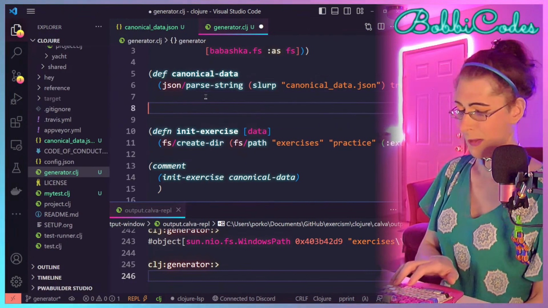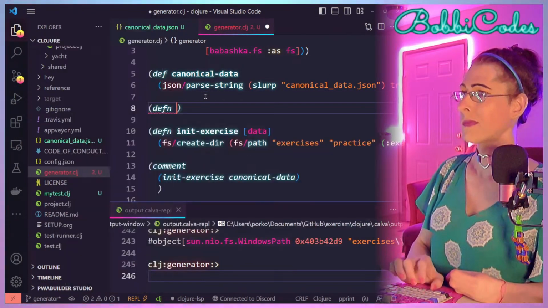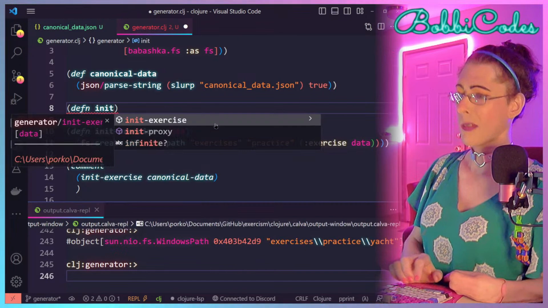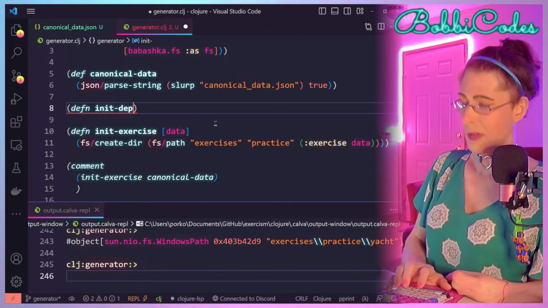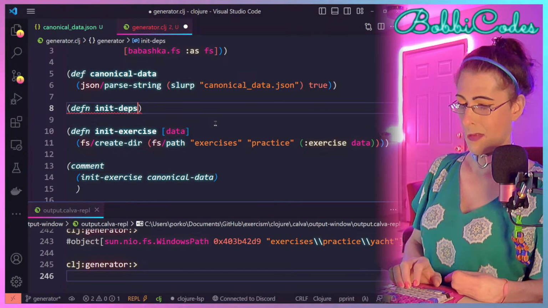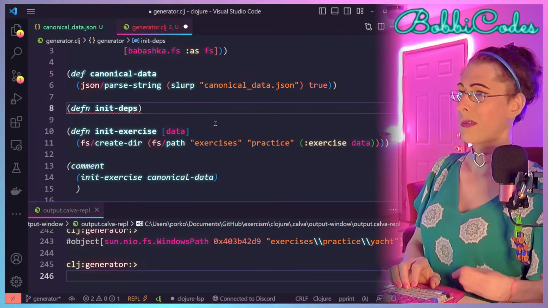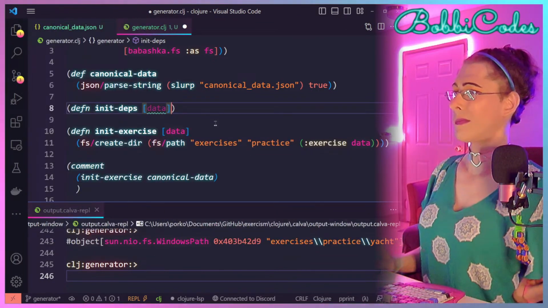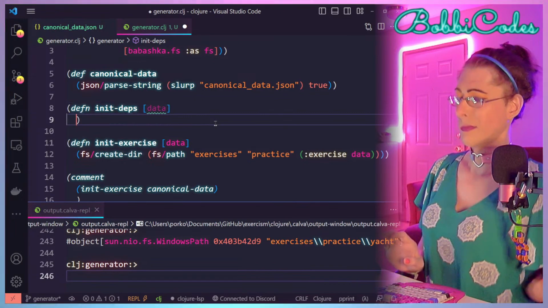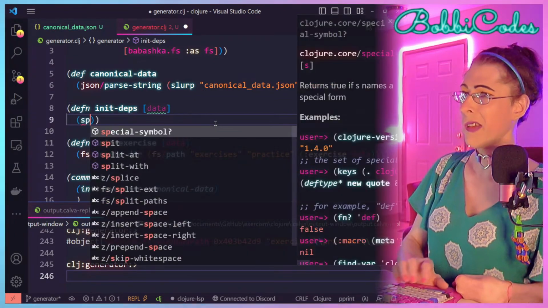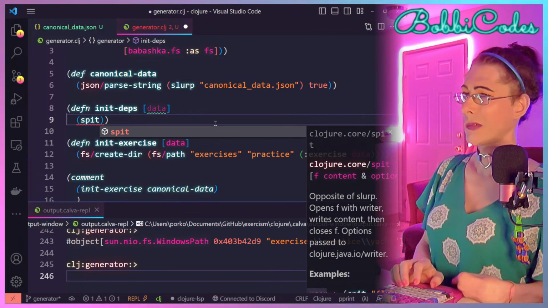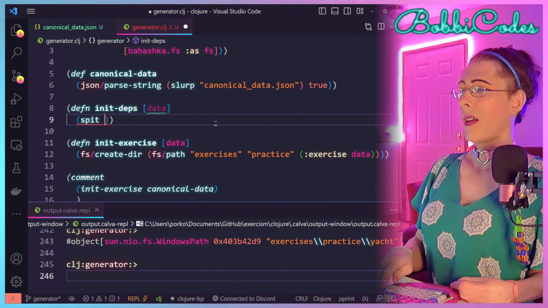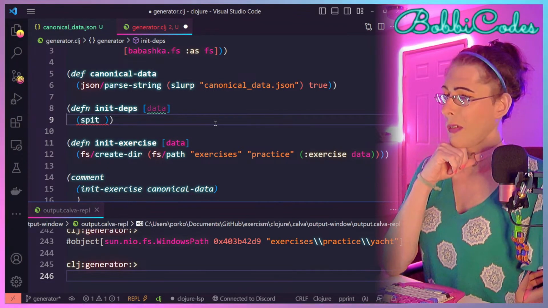And we'll have a function called init deps. And this will just spit a file. Let's see.